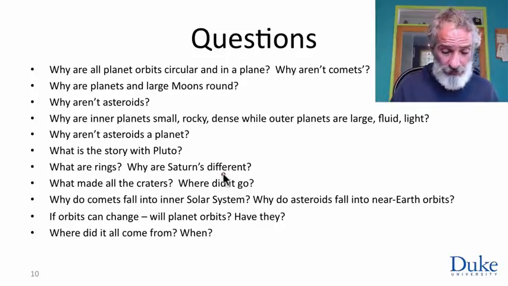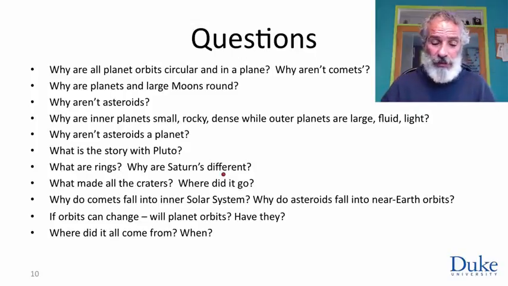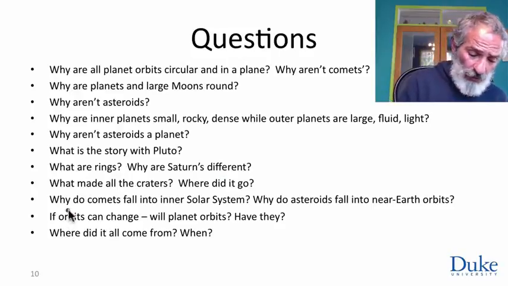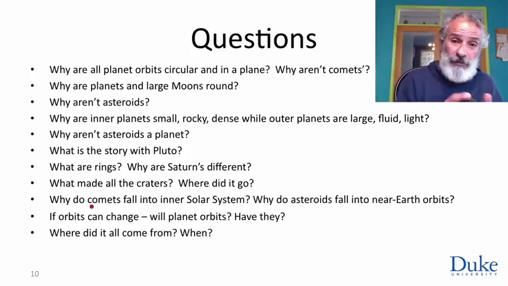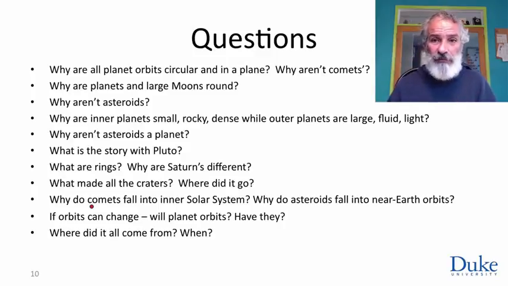Are we about to get hit with some big impact? Remember, we did our homework last week and we saw that this can be a significant event. Why do comets sometimes leave their comfortable orbits out in the Kuiper belt or in the Oort cloud and come diving into the solar system? Why do some asteroids move from the asteroid belt into orbits that bring them very near Earth? We keep hearing of near-Earth asteroids and their potential for collisions.